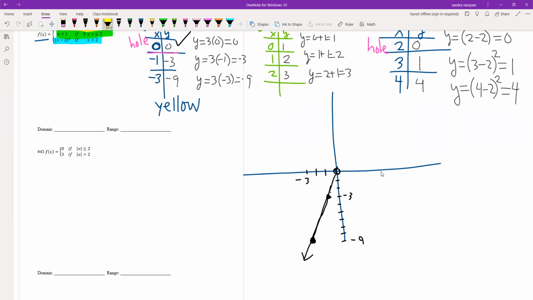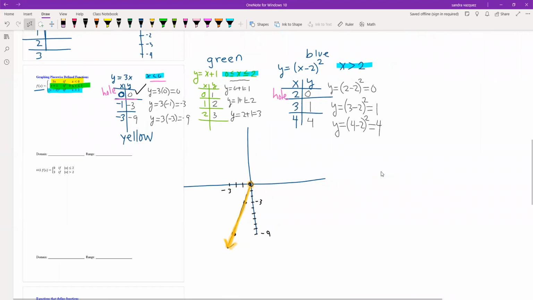Okay, I said I was going to label it yellow, but because it's kind of hard to draw it with the yellow color, here it is. Here's my yellow color graph. It has a hole right there. Okay, now I'm gonna move on to the next part. The next part,